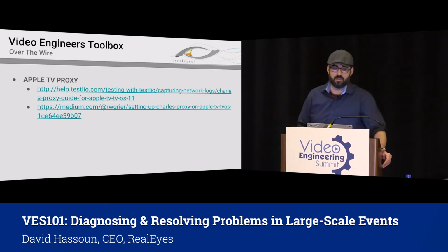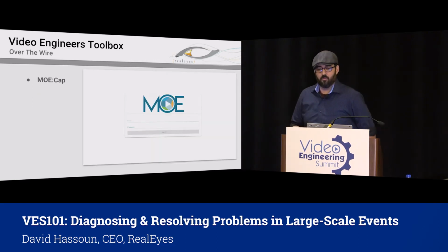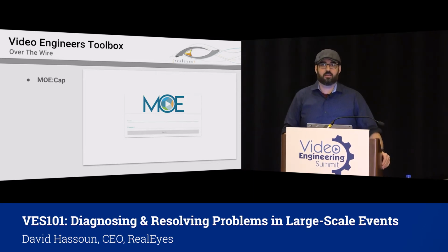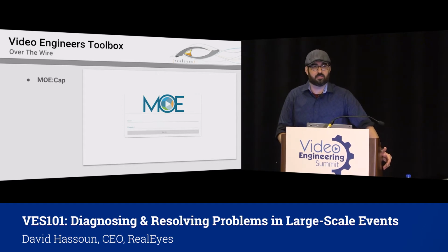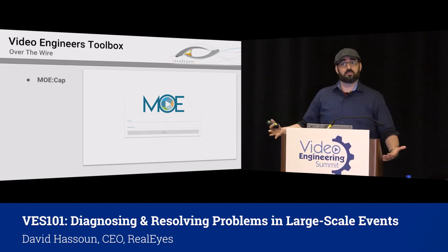Working with Apple TV can be a bit harder to proxy at times, but it's still doable. One of our challenges, though, is that whenever we're working with any customers, the first thing when we start seeing problems is, well, did you get a network log? Can we see it? Can you send that over to us? And those of you who have worked with Charles, especially with streaming video, know these can be logs